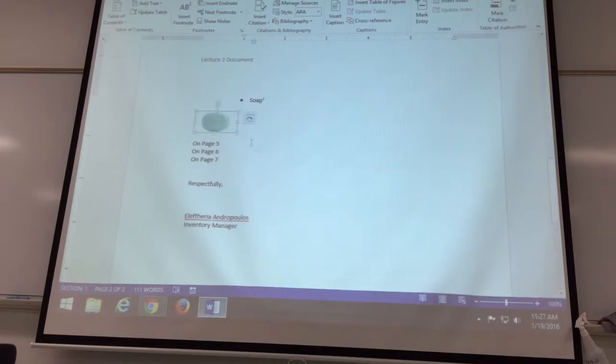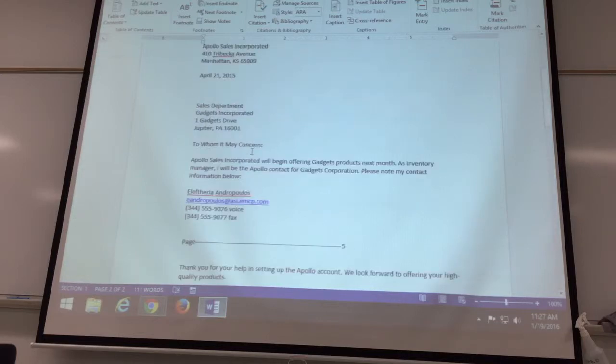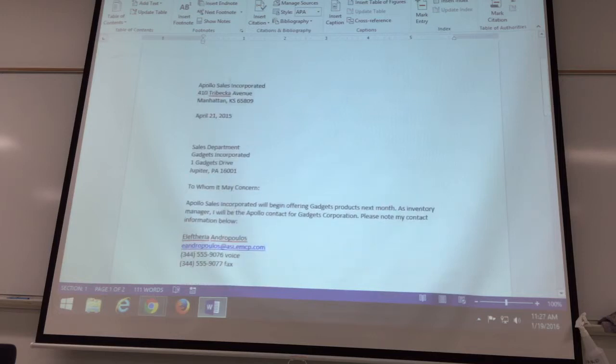Two more things, we'll create one more document. A lot of times you're going to want to remove the spacing before and after paragraphs, and then you also want to double space them as well. So let's highlight "To whom it may concern." And if we wanted to remove the spacing before and after the paragraphs and add a double space, we need to format the paragraph. So go to